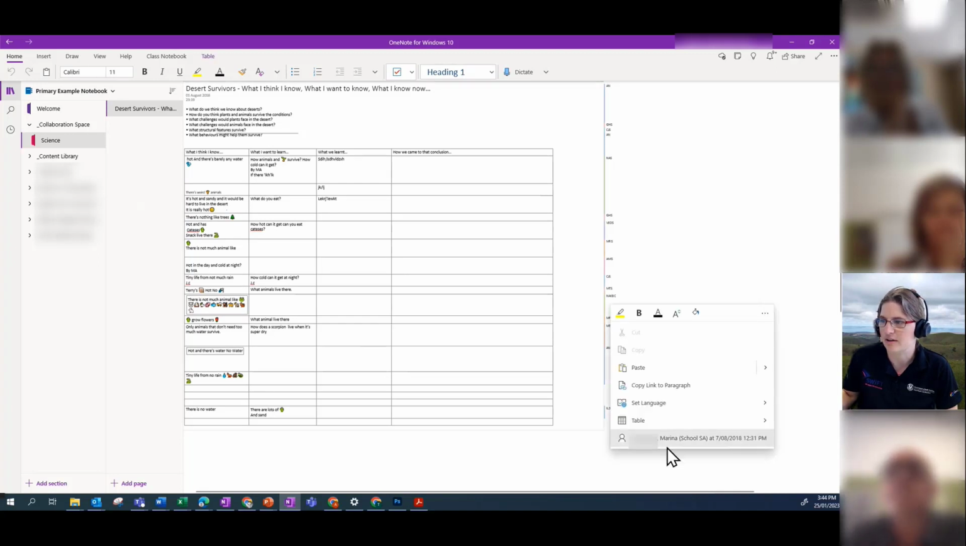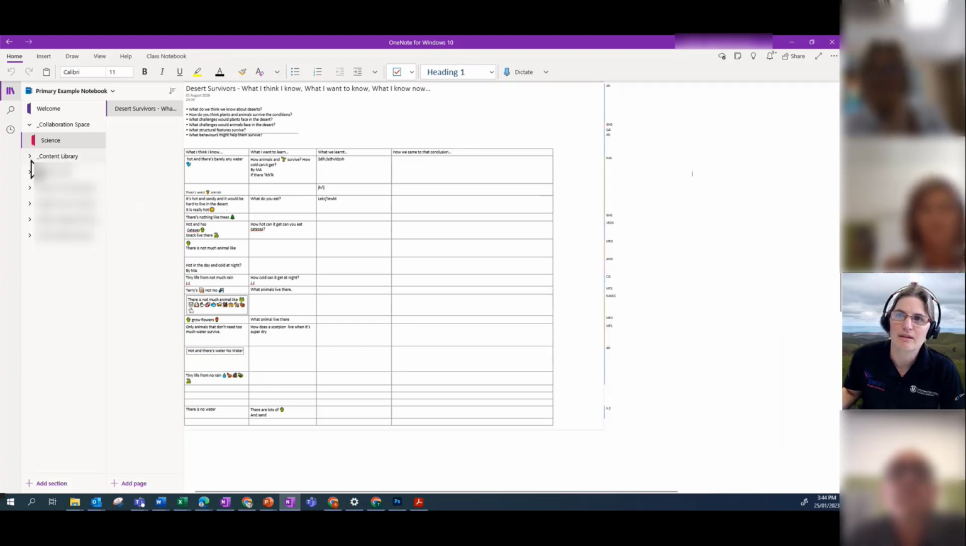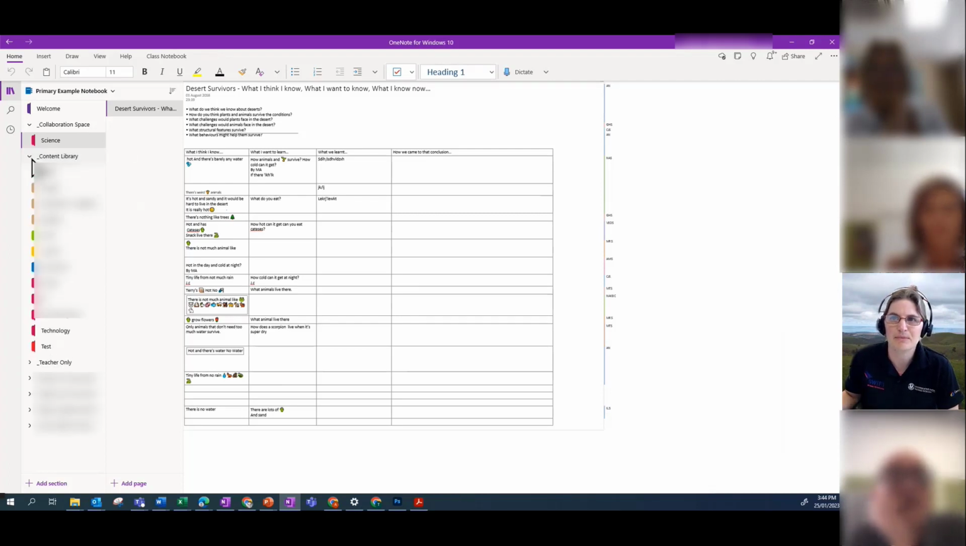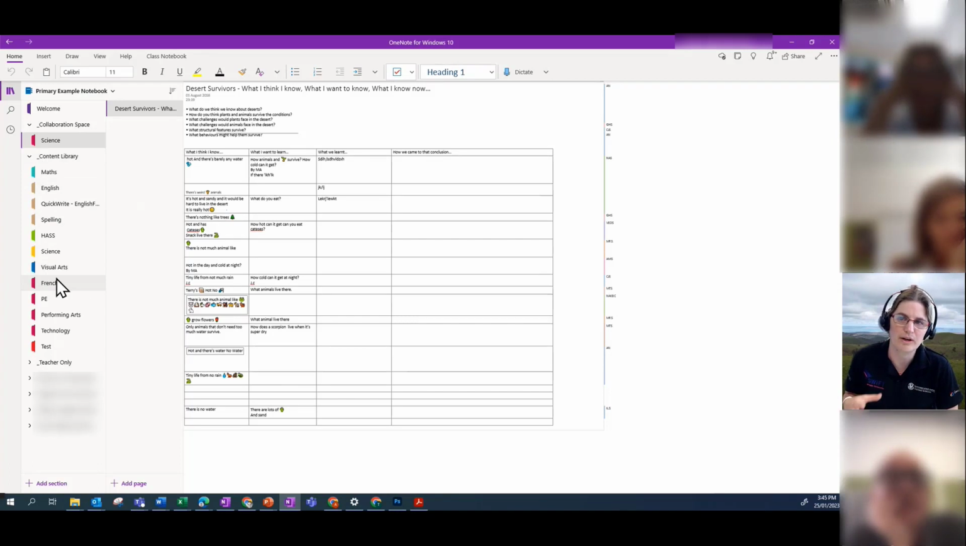Now, if I hover, you can see it's also got the name of the student there. So if I don't know the student's initials, I can see their name. The next section that gets pre-made is called the content library. And this is where you're going to put work or resources that you want students to be able to access